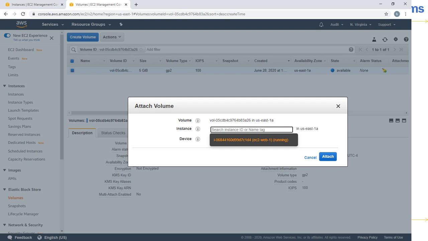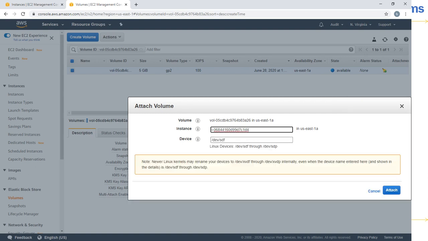By any chance, if the EC2 instance availability zone is different from the EBS volume you created, you may not see it. So you have to make sure both the EBS volume and the EC2 instance are in the same availability zone, so you don't get any issues. Okay, so you are getting /dev/sdf1, then attach.